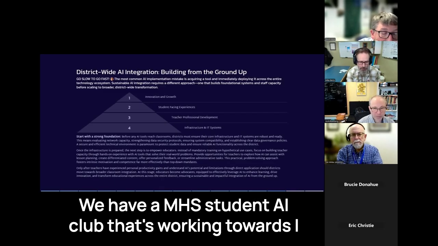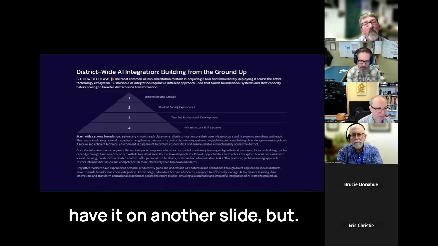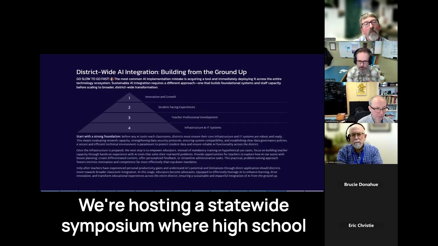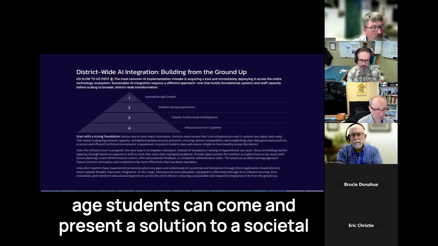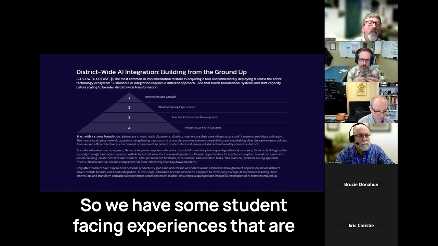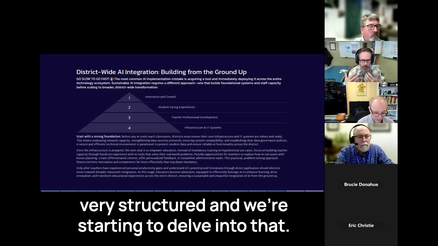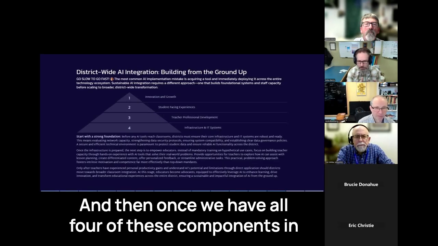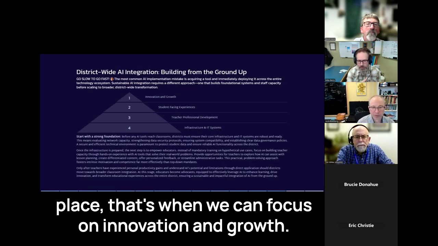We have an MHS Student AI Club that's working towards, I have it on another slide, but we're hosting a statewide symposium where high school age students can come and present a solution to a societal problem using AI, or a societal problem that's caused by AI. So we have some student-facing experiences that are very structured, and we're starting to delve into that. And then once we have all 4 of these components in place, that's when we can focus on innovation and